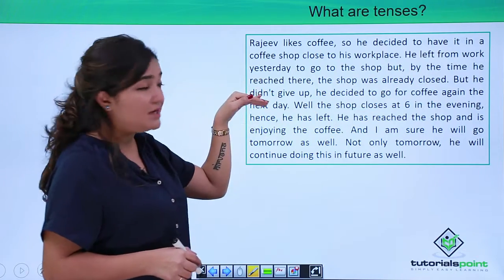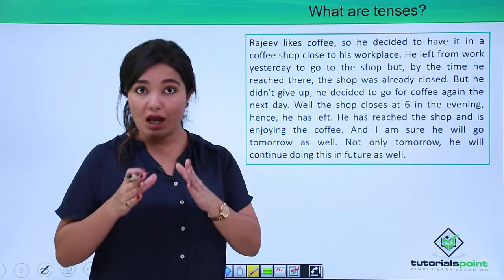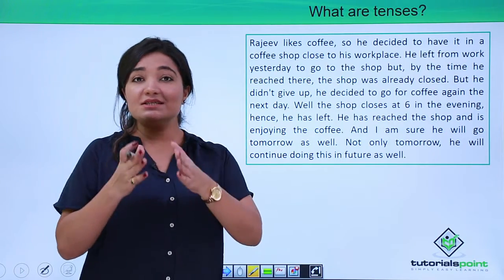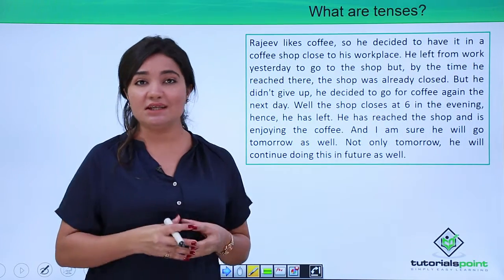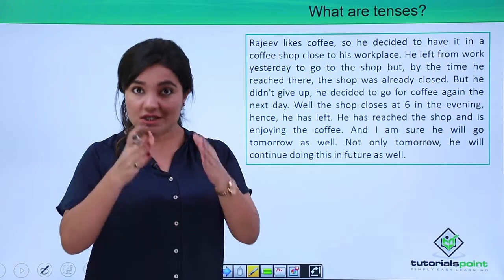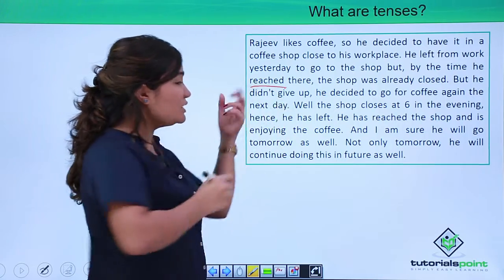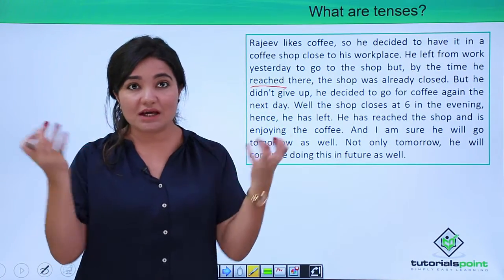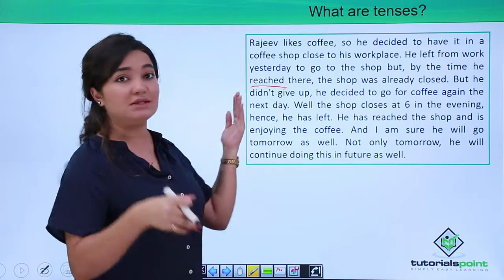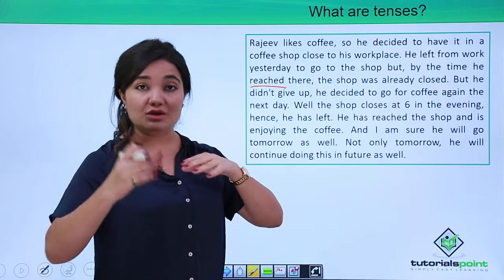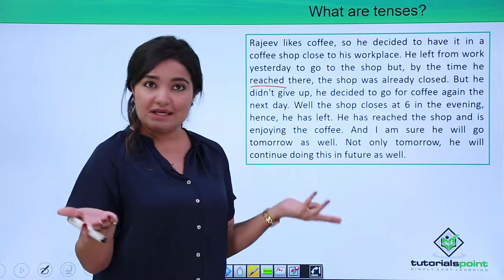By the time he reached there, so here again, reach is the root verb here, but now it's no more only reach, it is reached, right? So when we are using this verb reach, what is it indicating? It is again indicating a time frame. So something that happened in the past, right? Reached. So once you read this word, this is the only picture that quickly hits your mind, that it is something that happened in the past. So again, because it is a verb form and it is referring to a time frame, it is nothing but a tense, form of a tense, yeah?